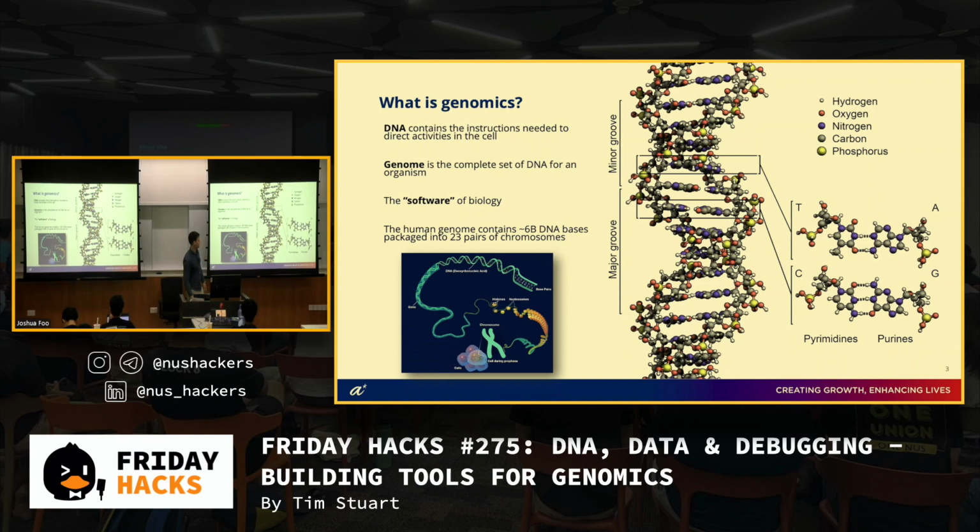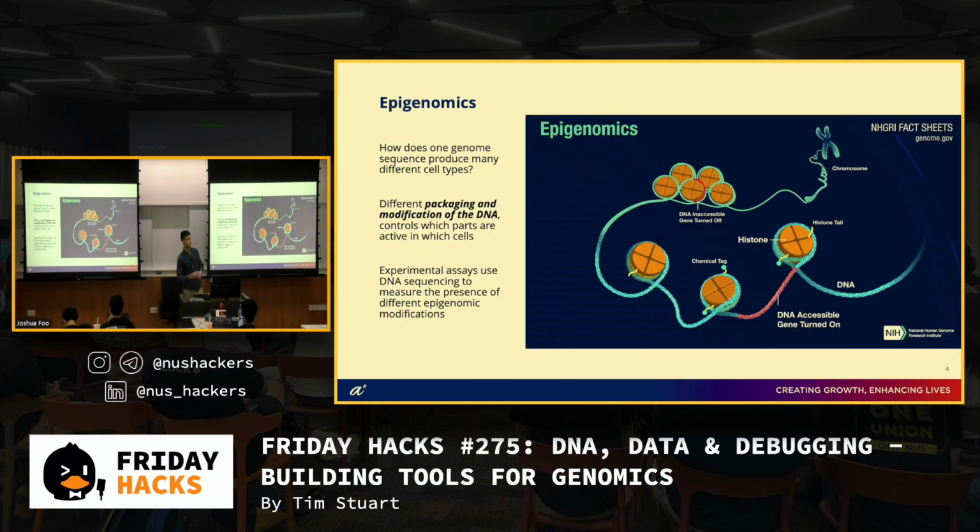One question that comes up is, we have one genome, right? All of the cells in our body have that same genome. So how is it that we have different cell types that are very different in their function, but have the same set of instructions? The way this works is there's another layer of information that's added, which we call